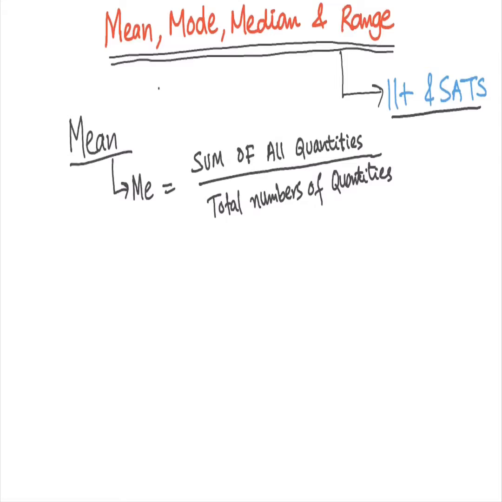Another name used for mean is average. So if a question comes about average, you can use the same formulation for average as well. Average means the sum of all quantities divided by the total number of quantities. Now we try to solve a question about mean. For example, we can see,